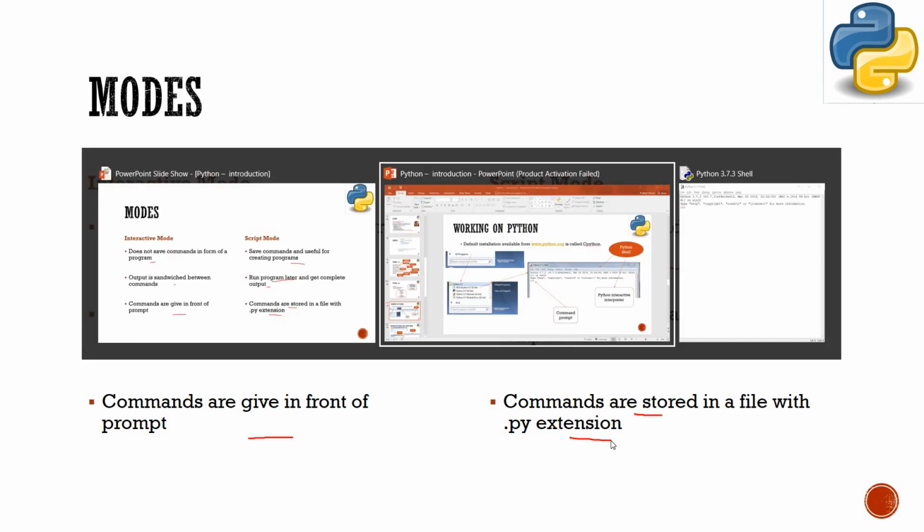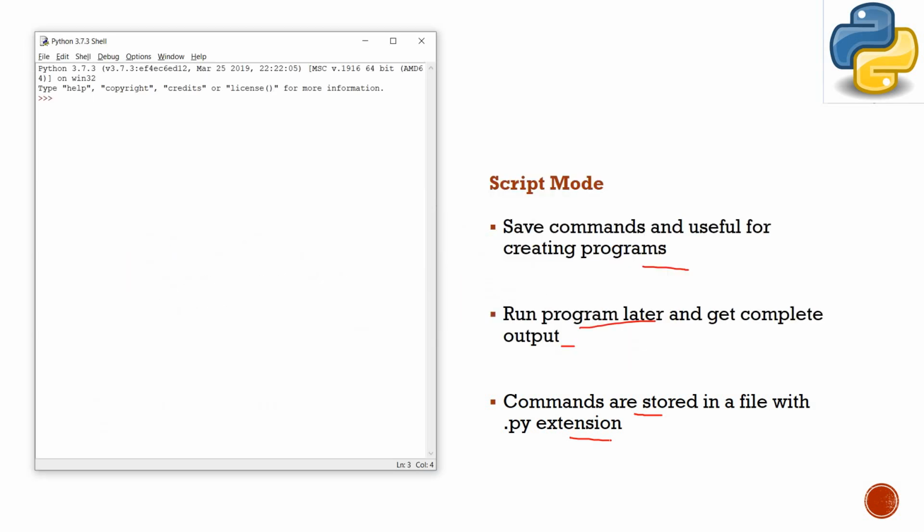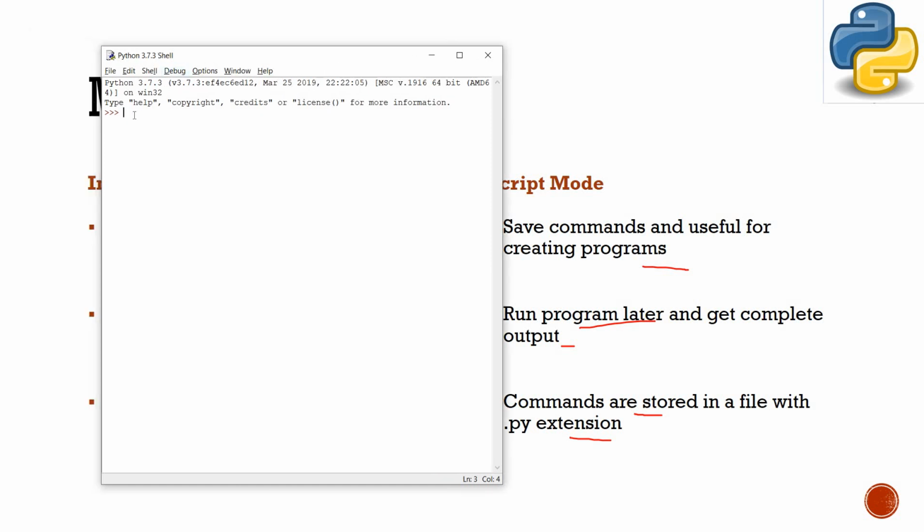Now I'm taking an example for it. So here I have my Python 3.7 shell. This is my shell, you can see over here, everyone. Now suppose I want to use Python as my calculator, so I'm adding two numbers, 7 plus 8. I'm getting the output over here. You can see 15 is over here. Now I want to write print, this is Python shell. So you are seeing we have this is Python shell.